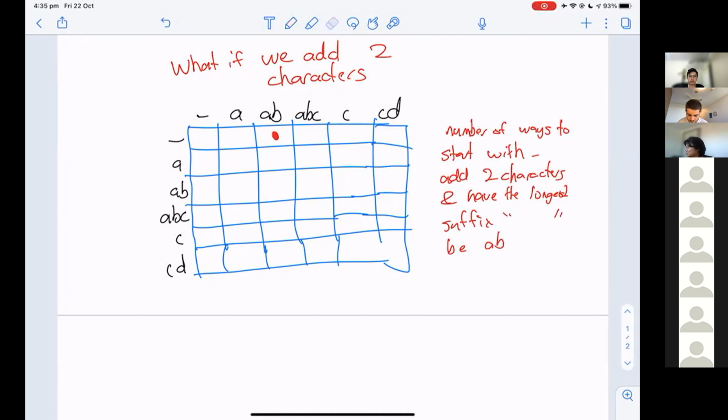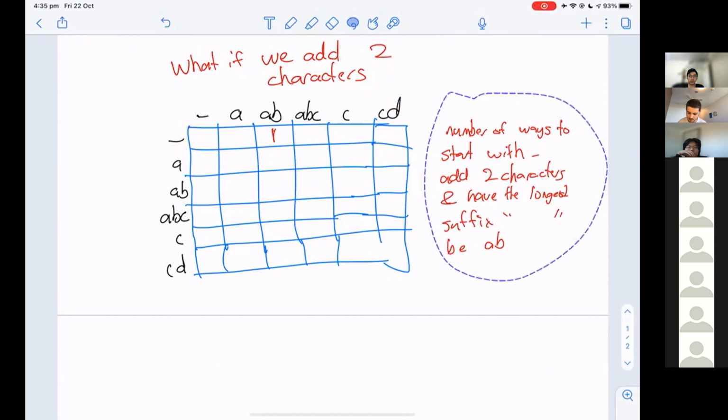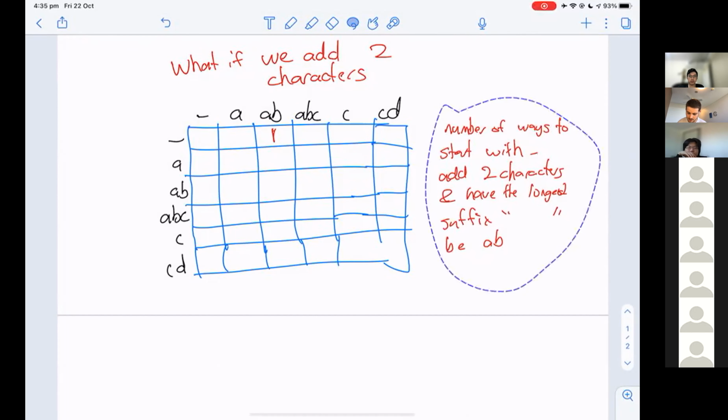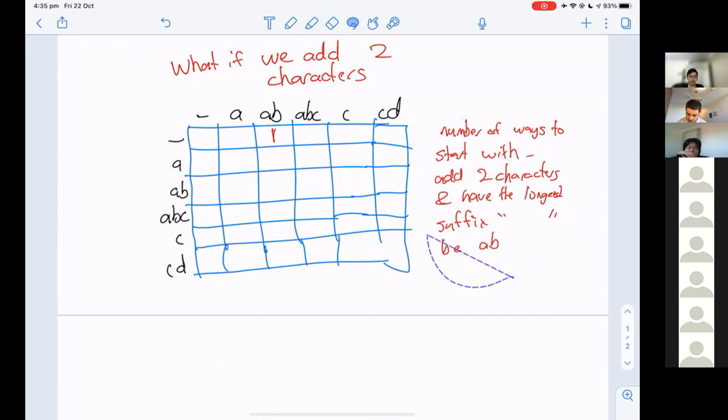And there's obviously one way to do that. We just add A and we add B. Also implicit in here, we're ignoring any juicy words. So we only count the number of ways to do this that also results in a not juicy string. For AB, there's one way of doing it.